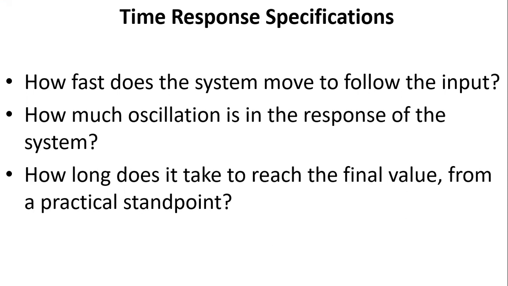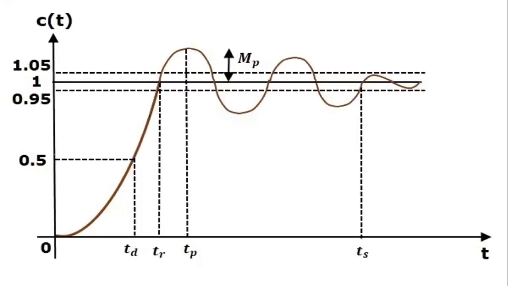These are the specifications which quantify the response of a system. They are specified as part of a design requirement of a control system. They also refer generally to the performance indices of the step response of a system. For that matter, any response can be used to generalize and compare systems based on their step response. Now let's consider the step response of an underdamped system as shown below.